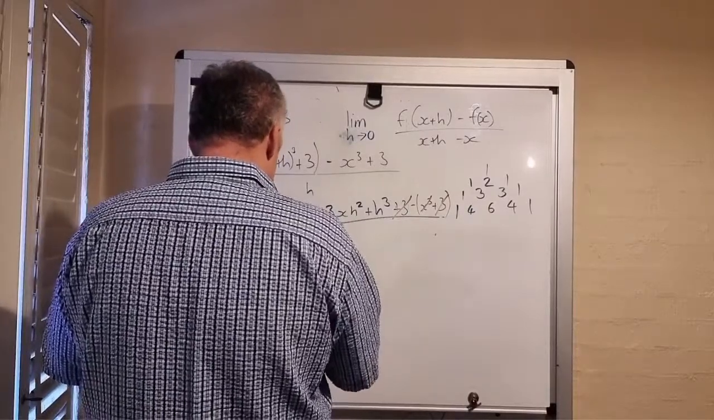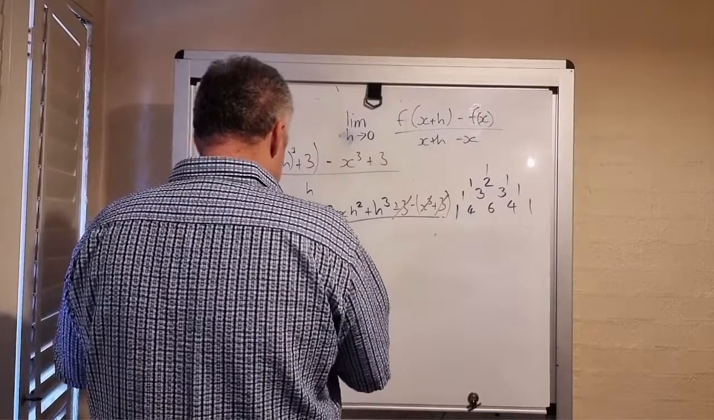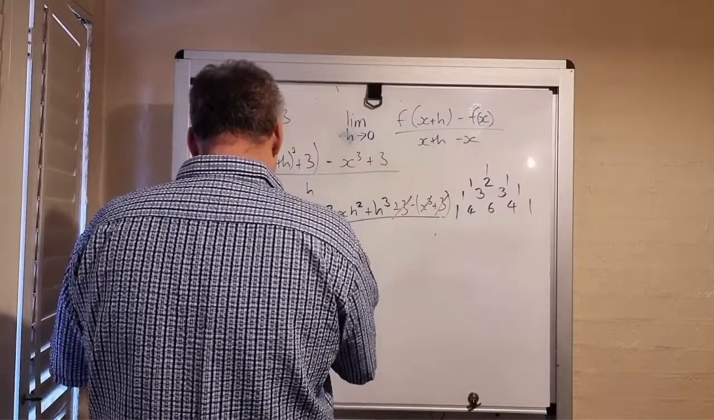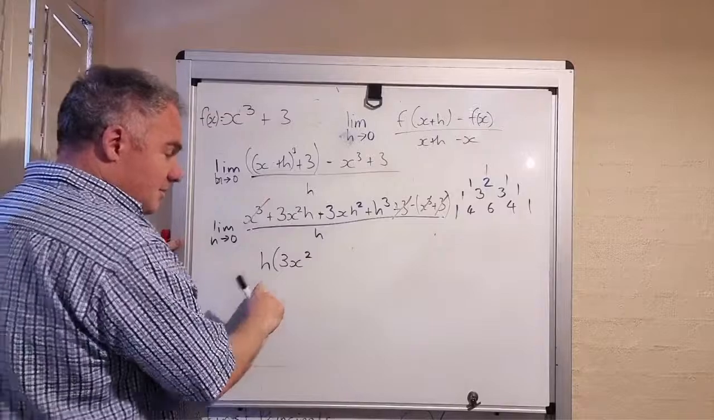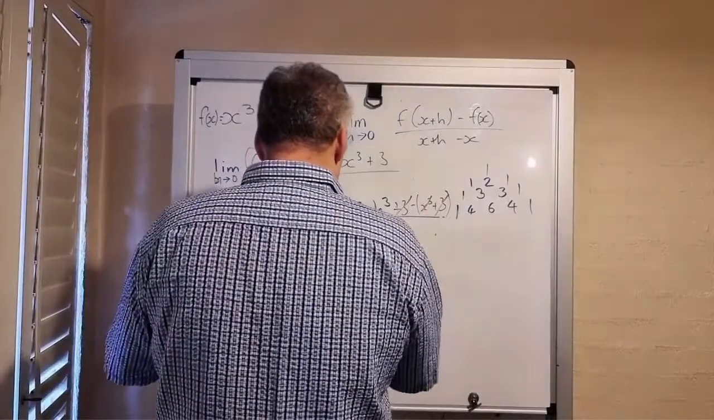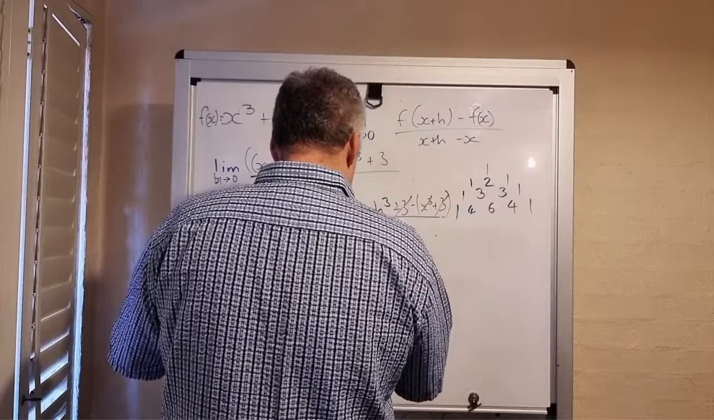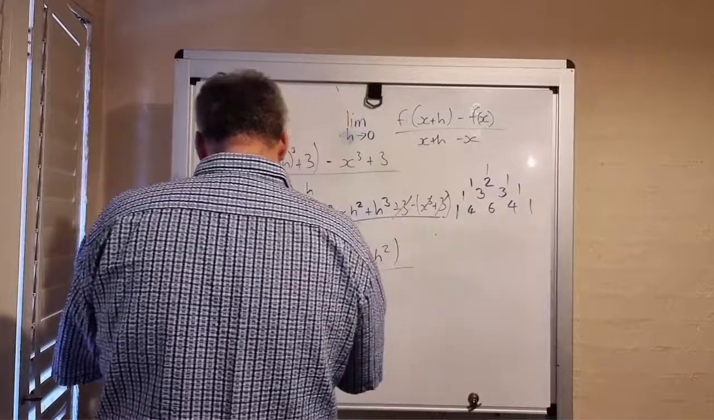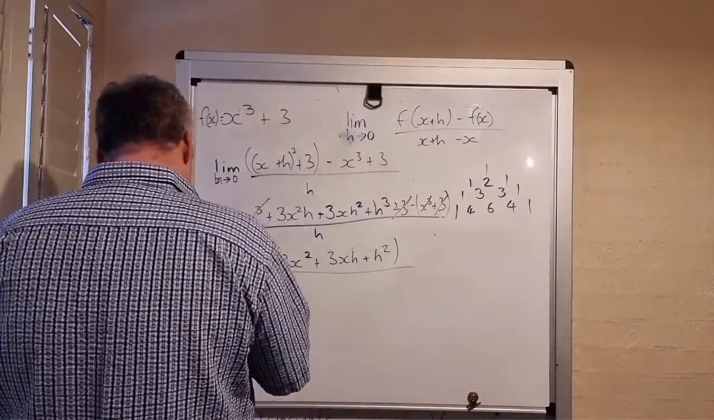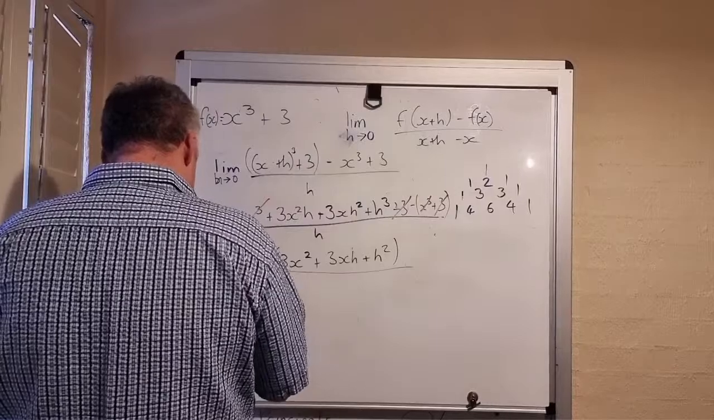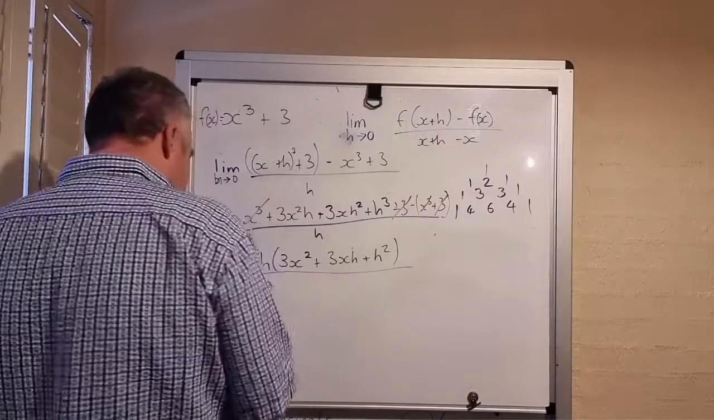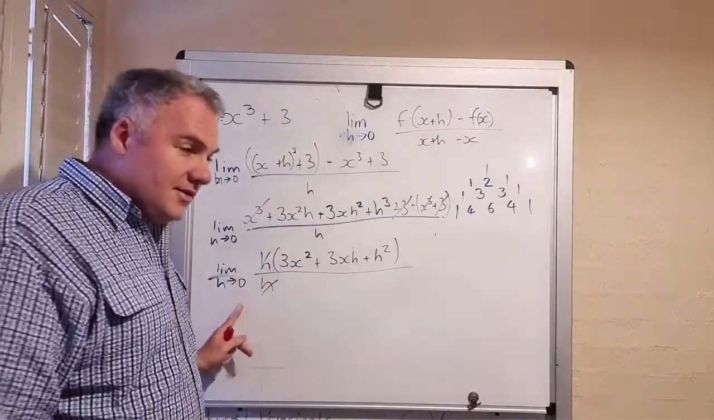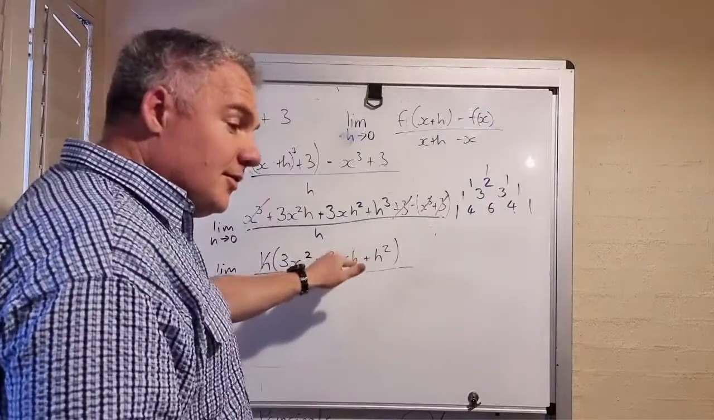Three x squared, and the h goes outside, then plus 3xh plus h squared, all over h, and that's the limit as h approaches 0. Now notice the h cancels, and as h gets closer to 0, no matter how big this term is,